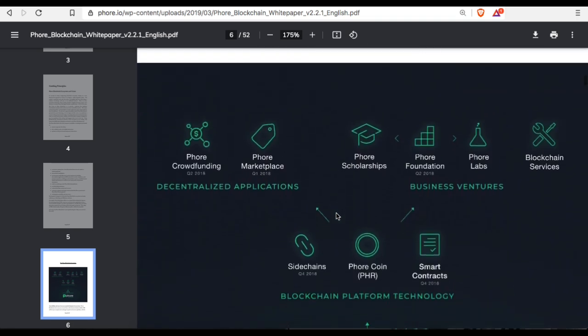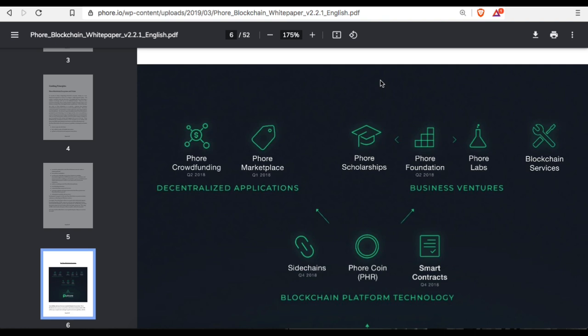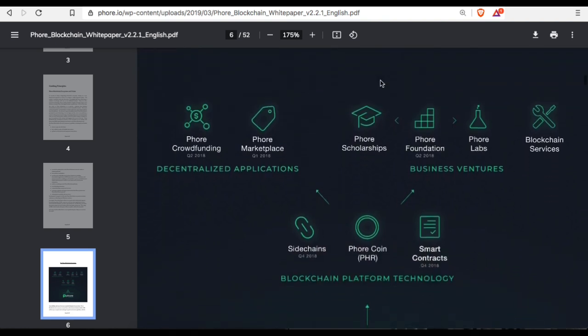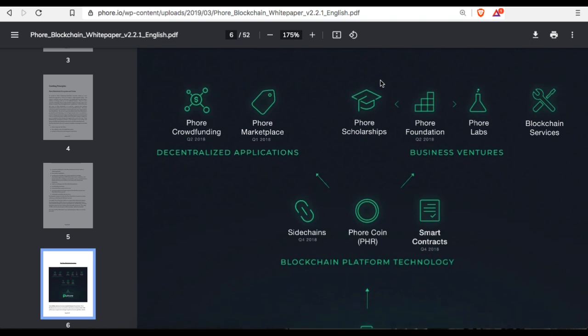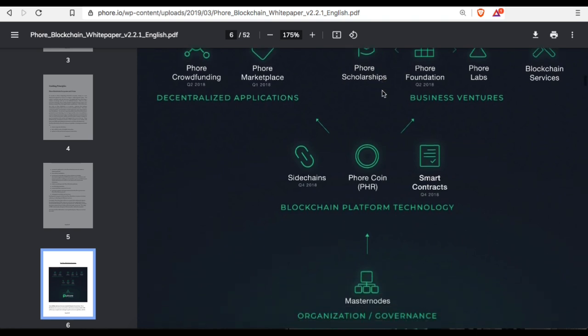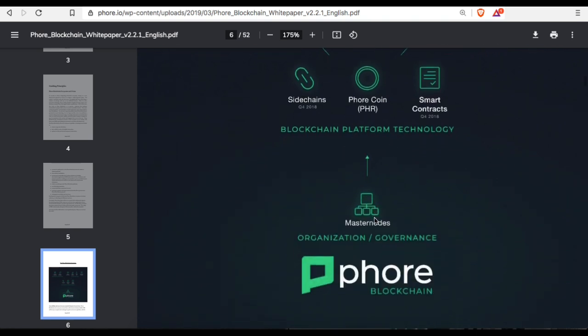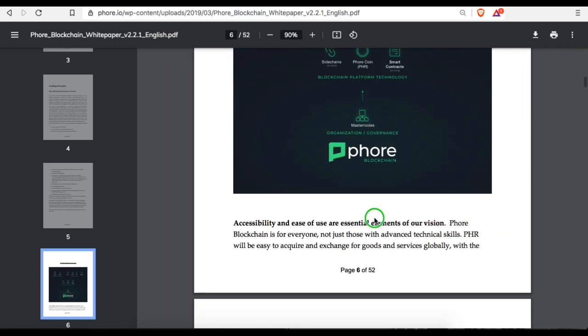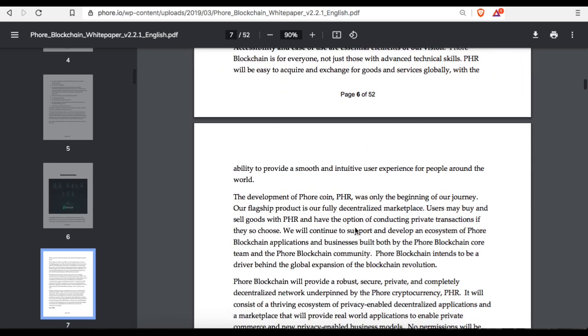Three pages. All right. But again, this is something we've already talked about. Some of the things the Phore blockchain ecosystem has, and they're working on those dApps for crowdfunding, for marketplace, for scholarships, foundation, labs, blockchain services, the coin, the side chains, and smart contracts, and the Masternode. That's your white paper. So that's what's up. I'm glad to see they're actually doing all this stuff, or this is what they hope to accomplish. So, okay, that is cool. Let me scroll down a little bit more